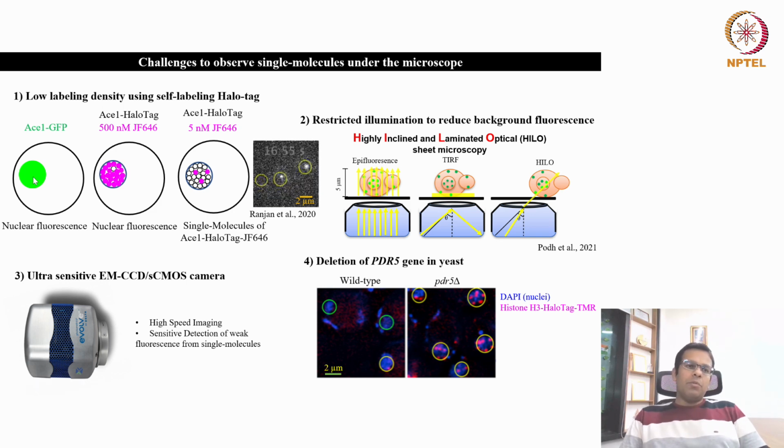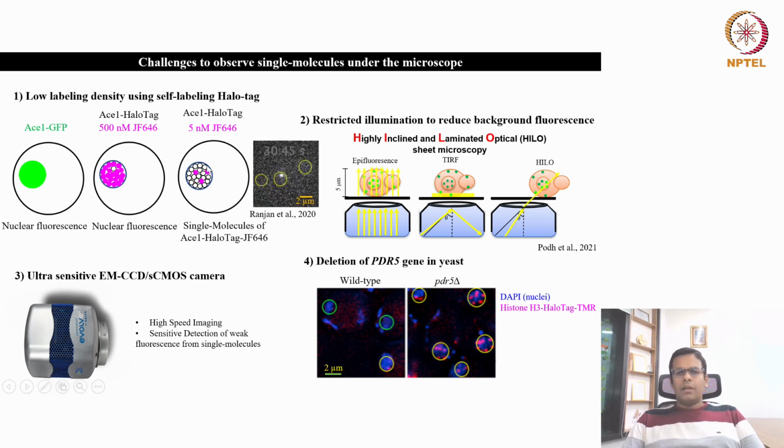So to see the individual molecules, what you need is, instead of labeling all the protein molecules present, you just label 3 or 4 of them so that you can see them in the nucleus clearly. So let's say out of so many molecules, if you just label 2 or 3 molecules, okay, then you can see them as individual molecules, and you can even capture their dynamics. You can track how they are moving inside the nucleus. But if you label so many molecules, then you cannot track the movement of individual molecules. So this is known as controlled labeling.